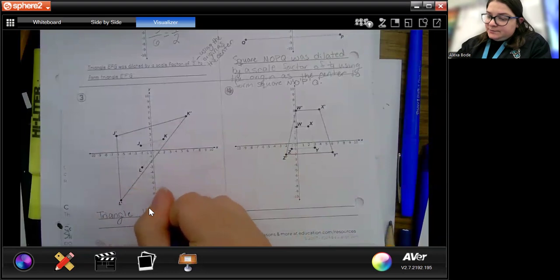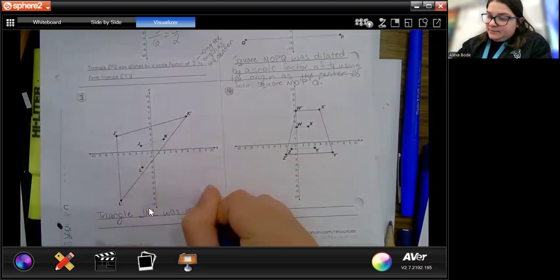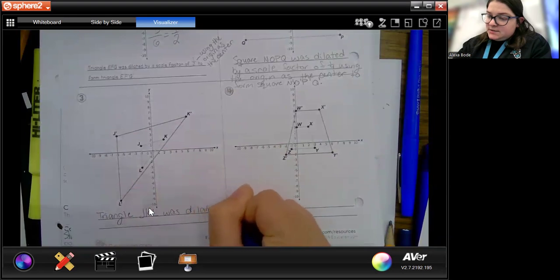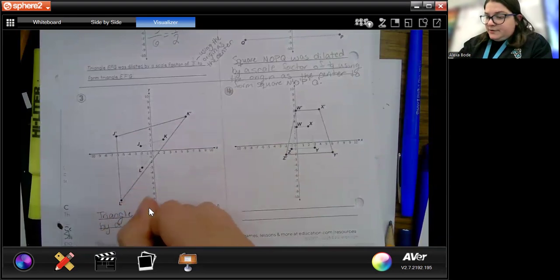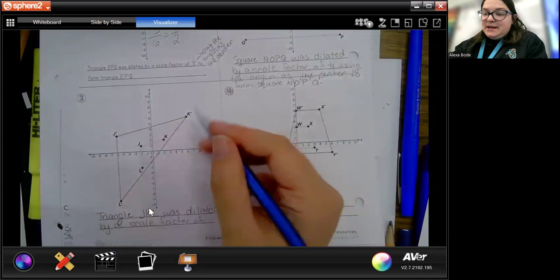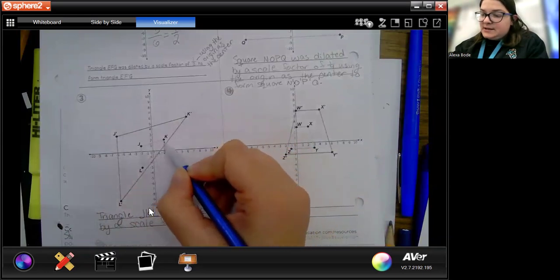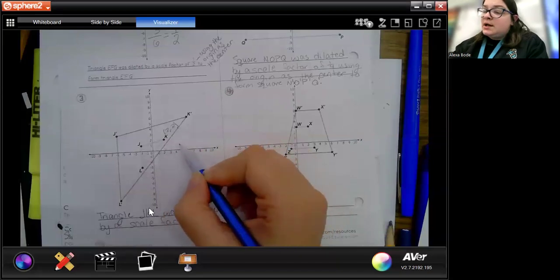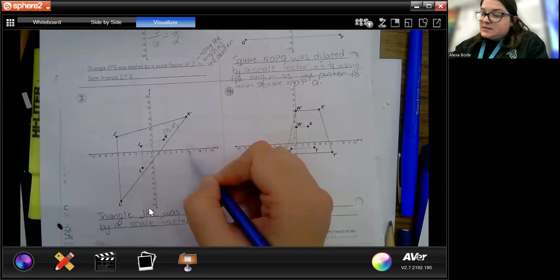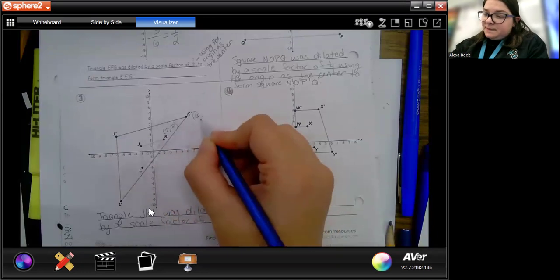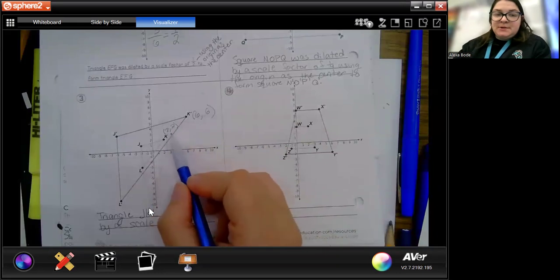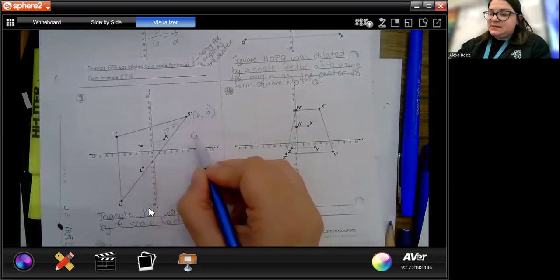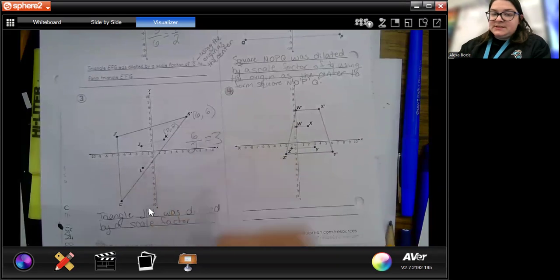Triangle JKL was dilated. That's how we're always going to start our sentence. By a scale factor of, and then I can pick any of these points. So if I look at K, I see K is at 2 comma 2. And then K prime is at 6 comma 6. So I need to figure out 2 comma 2 times what gives me 6 comma 6. So if I do 6 over 2, that simplifies to 3. So it was dilated by a scale factor of 3